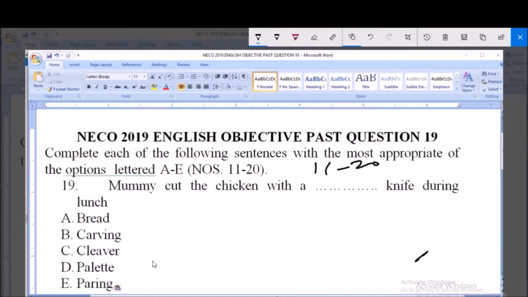Option A, bread. Option B, carving. Option C, clever. Option D, palette. Option E, peering. And as we all know, option A cannot be, because mommy cannot cut the chicken by using bread, and mommy cannot also cut the chicken by using carving. Mommy cannot cut the chicken by using clever. Mommy cannot cut the chicken by using peering. Peering simply means what we use in cutting